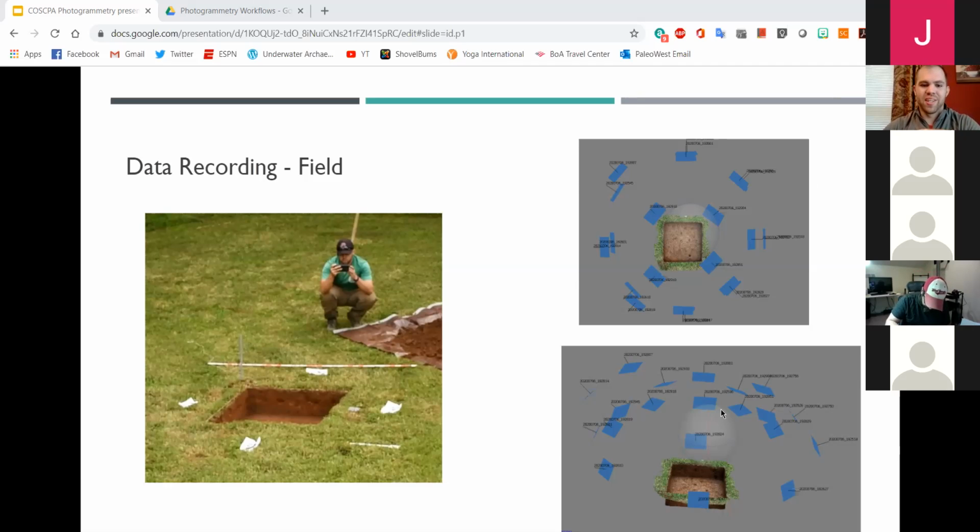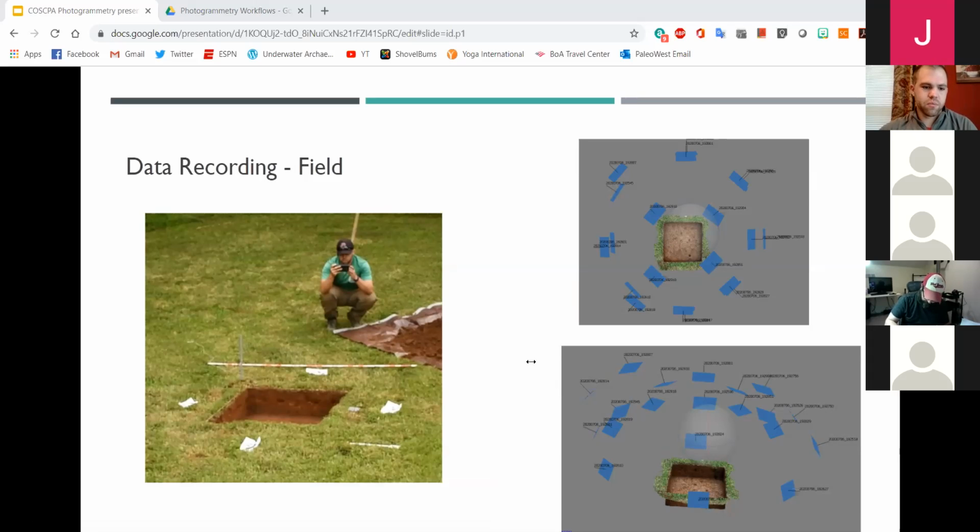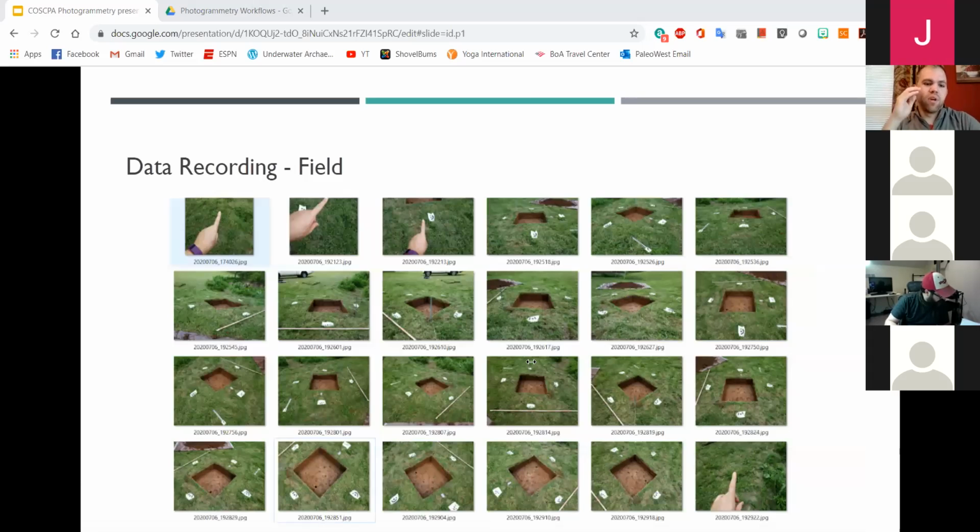The last thing I mentioned that I think is really, really helpful is to have yourself a consistent process. When I do these images, I always start at my 30-degree angle. I always start over the south wall, and I always work clockwise around the unit. That way, when I go into my processing, I know the first photograph is from the south, it is at 30-degree angle, and I work around, and then I come up to my 60, so I know exactly where each photograph is coming from without having additional notes or additional redundancy. And here's just an example of a data set